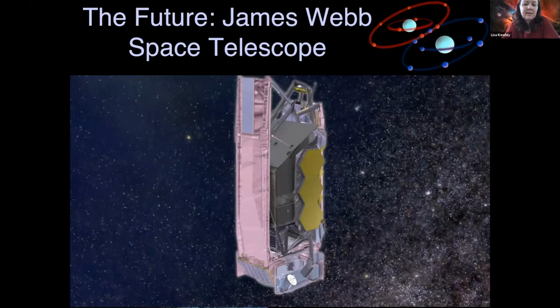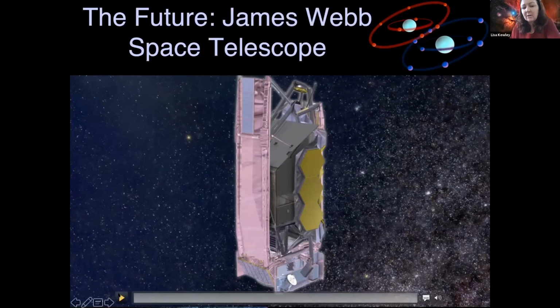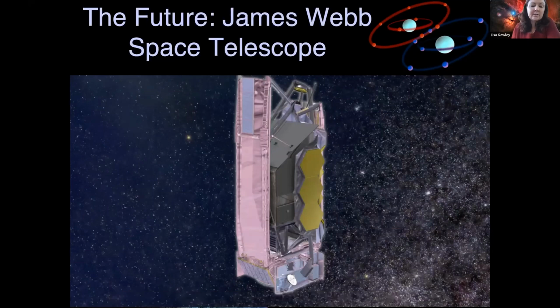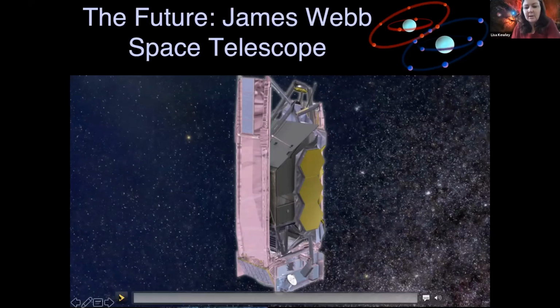And we expect this telescope to be able to see how the oxygen was first forming in the universe, in the first stars and the very first galaxies. We've never been able to see the first stars and the first galaxies before. So as astronomers, we're really, really excited for this James Webb Space Telescope. So I'm going to show you a movie of what's going to happen after launch.